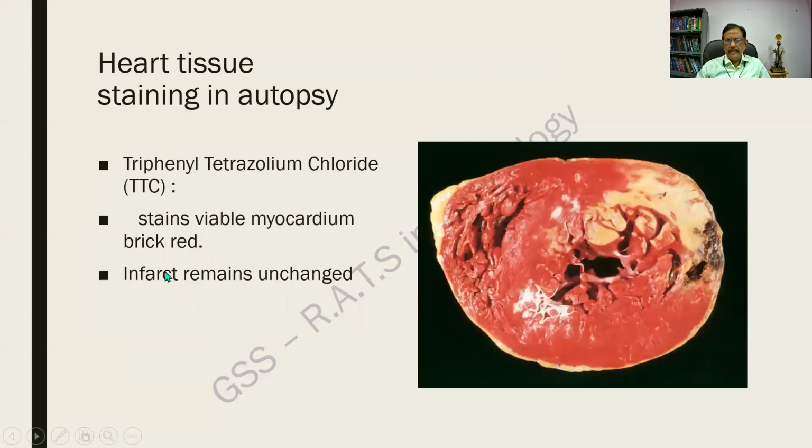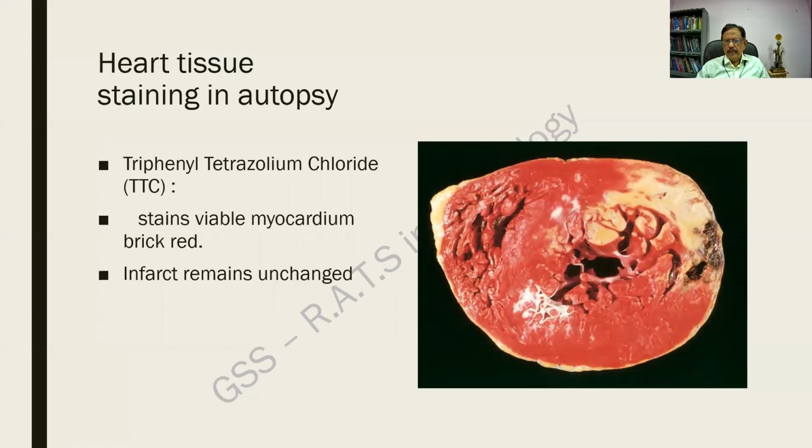Then what am I showing last? This is an autopsy specimen. The patient has died and it has been removed. And when we paint the heart with triphenyl tetrazolium chloride, it takes up a red color. The normal heart takes up a red color, whereas the area of infarct becomes pale and it does not take the red color. It is supposed to be diagnostic of myocardial infarction. In an early stage, it will not be seen, and triphenyl tetrazolium chloride can be used for the death due to myocardial infarction within a very short time.